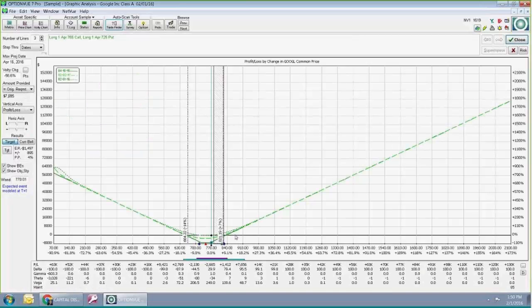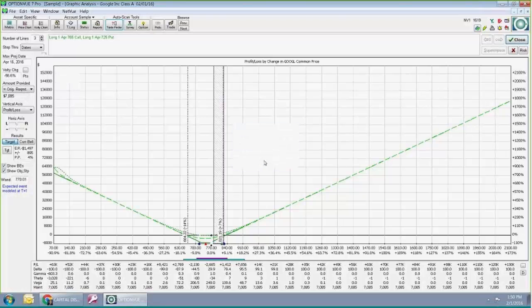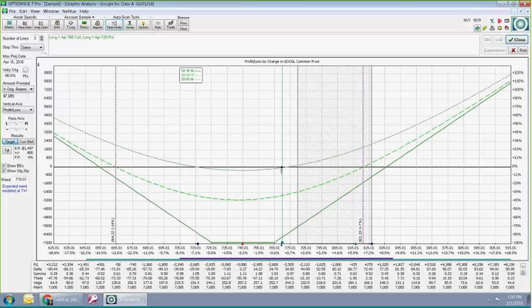And I'll expand this, and you'll see here's the dot right there. If you hover over it, it says it's 0 because I'm just looking at a trade. It's at the current price. The reason we did this is everything in this graph is theoretical. All these theoretical prices at every possible future date and price. The only thing in this whole graph that's based on actual market prices is this one dot.